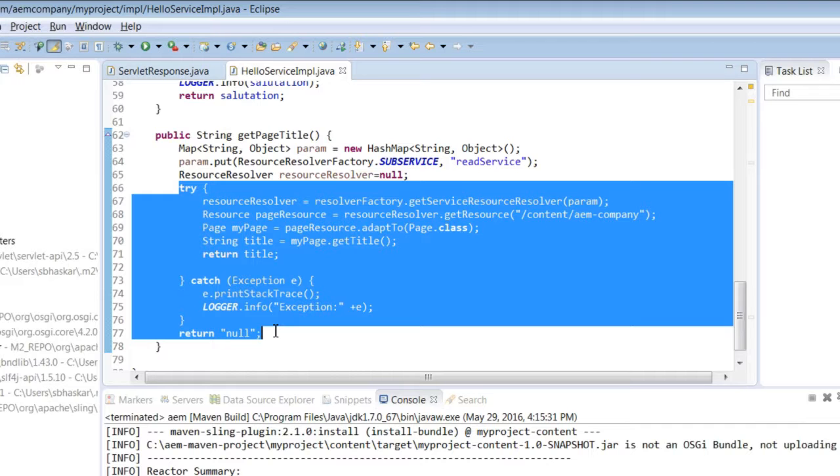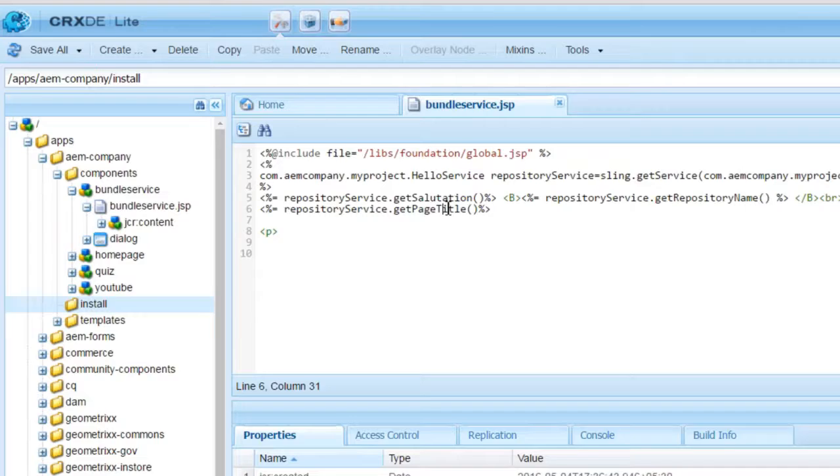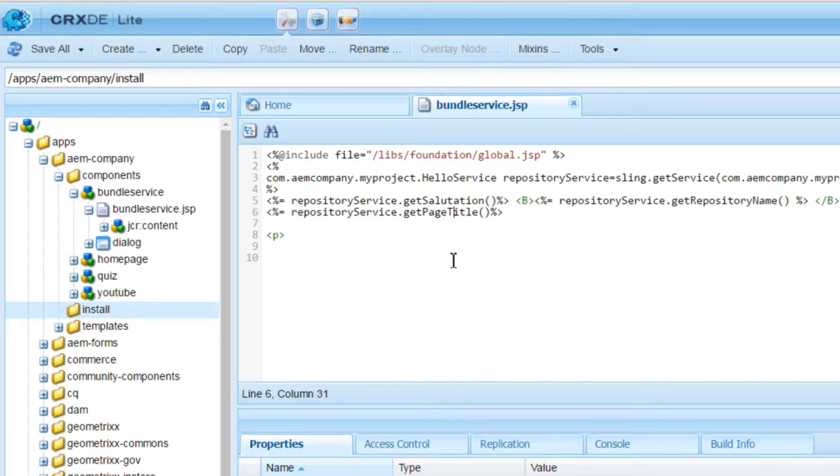I don't want to get into details of it. It is basic Java. Now log into CRXDE Lite, update the bundle service component to print the page title we got in the last step. That way we can test if the bundle works fine. Update the bundle